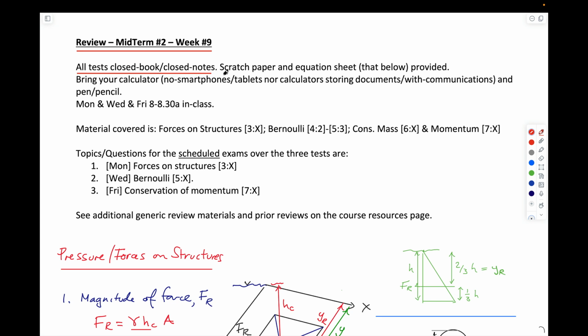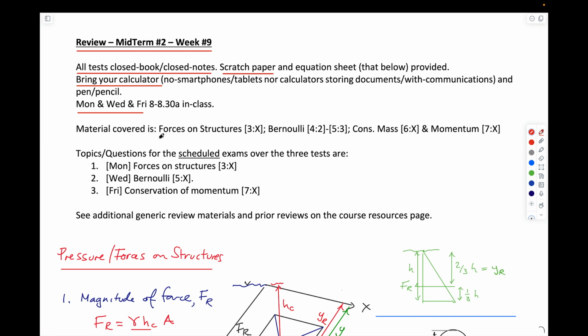You get scratch paper, which is really the back of the equation sheet, which you see below and will be given to you by the TAs. Bring a calculator, no smartphones, tablets, or calculators that have extra information on them, etc. Especially no communications. I don't know if those exist or not. And it's on Monday, Wednesday, and Friday of that week, 8 to 8:30 in class, typically opening up a bit